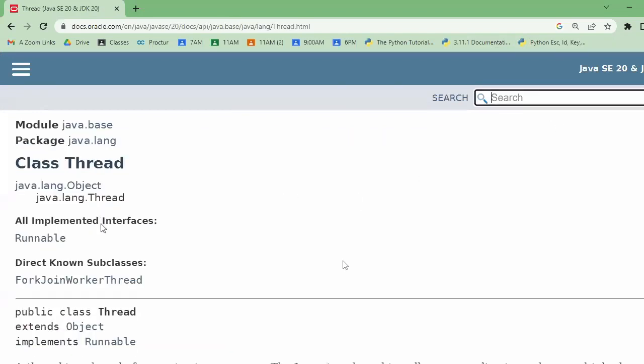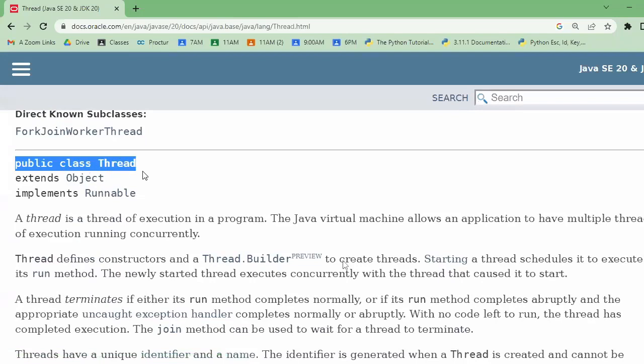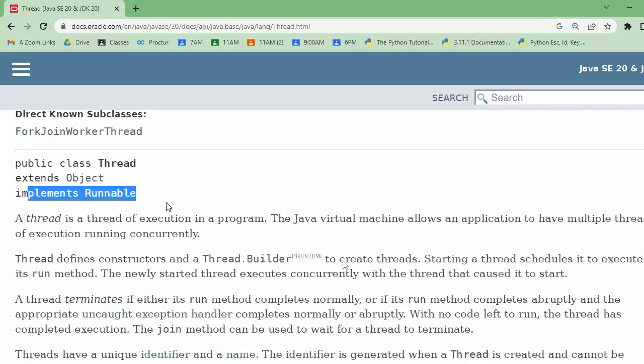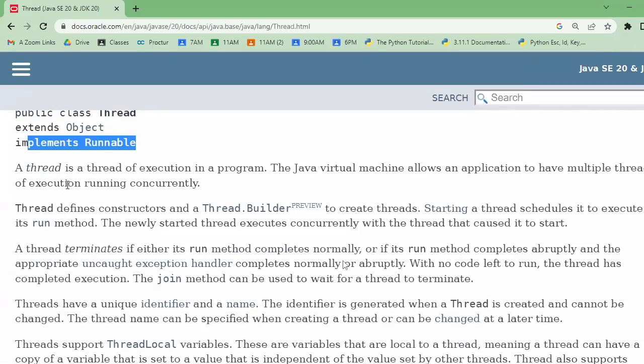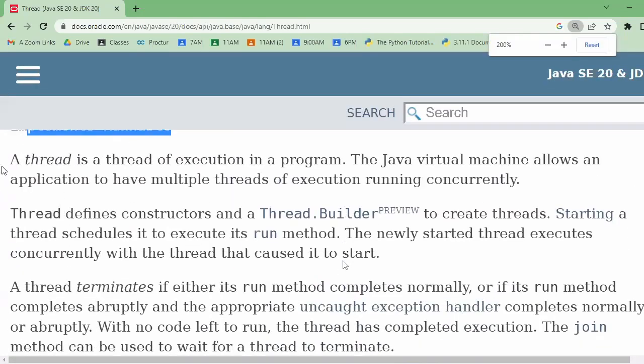Now go down. Class declaration: public class Thread extends Object implements Runnable. Read the statement. A thread is a